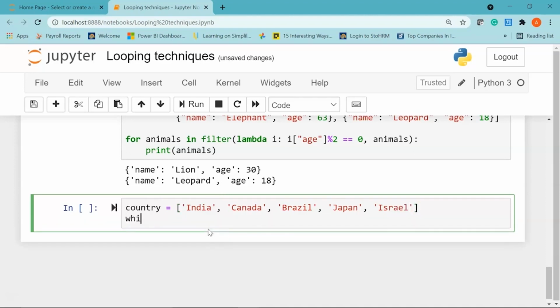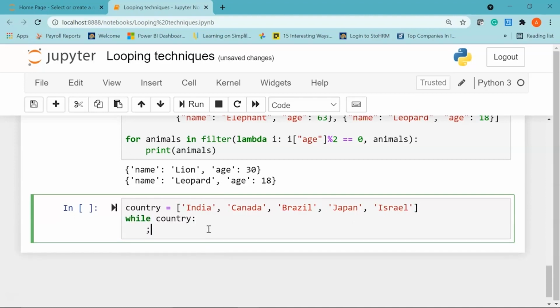Now I'll use a while loop. So I'll say while my list, that is country, then to remove the elements in the list I'm going to use the pop function. So I'll say print country dot pop, and I'll pass -1 as the parameter so that it removes the elements from the end of the list.